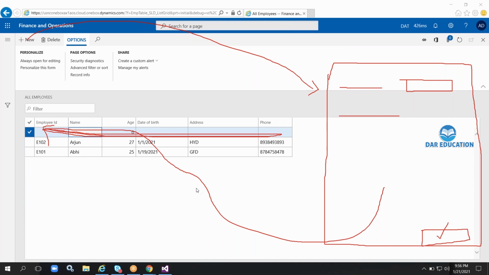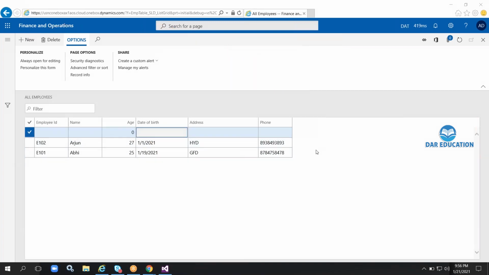Directly we cannot create a record in the grid control because it is in non-editable mode. The grid will be in non-editable mode. Okay, that we will do in future. We need to complete a dialog related form, and how to attach that form to the new button, that we will see in the user interface. Okay guys,